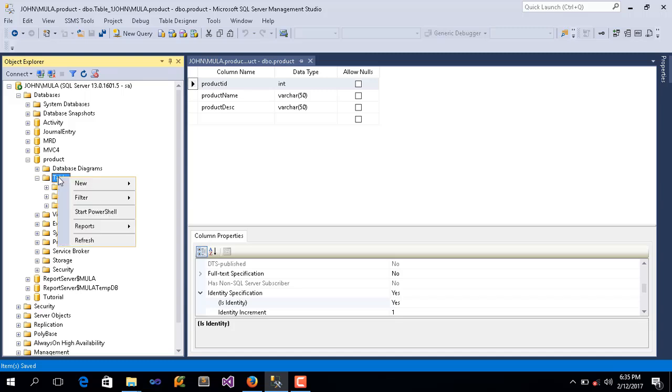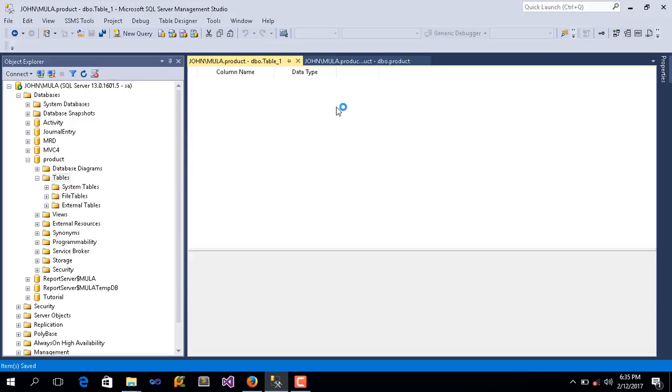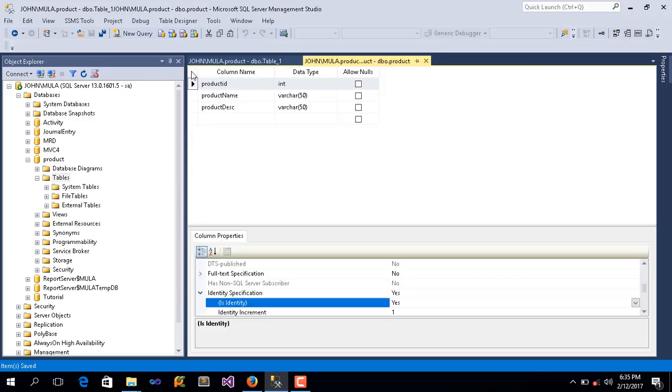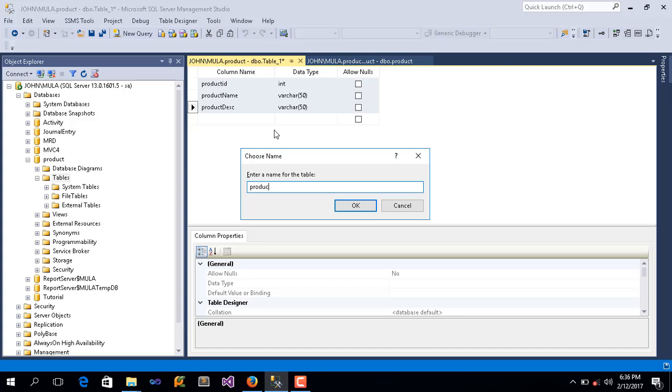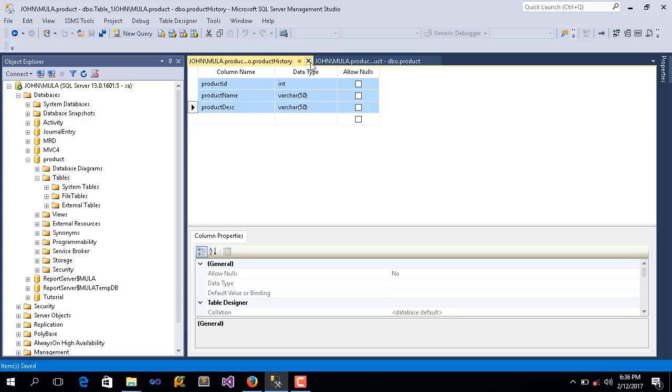Let's create another table for our product history. I will just copy and paste. I will name it product history. Okay, we're good to go.